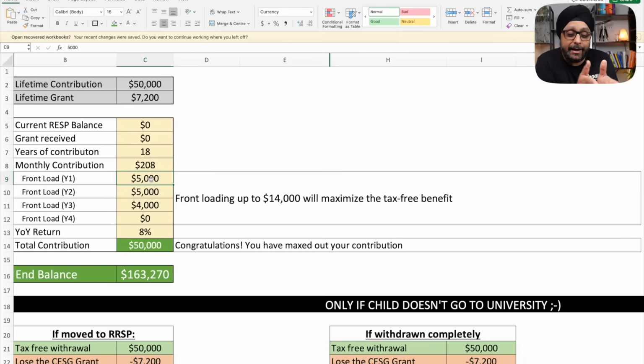So you can actually end up making about $30,000 more by compounding the $14,000 of money that is not going to give you any grant, but the condition is that you actually put that money up front, and there's no one stopping you from doing that because the amount of contribution that you can make in one single year can be $50,000 as well. But to maximize the benefit, I think $14,000 of front loading would make the most sense. But even if I know that putting $14,000 up front would maximize my RESP, I'm not doing that, and there's a reason for that.